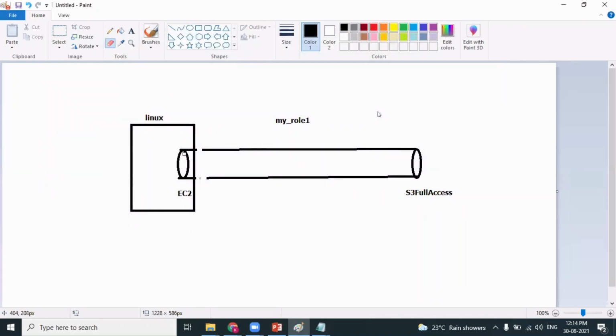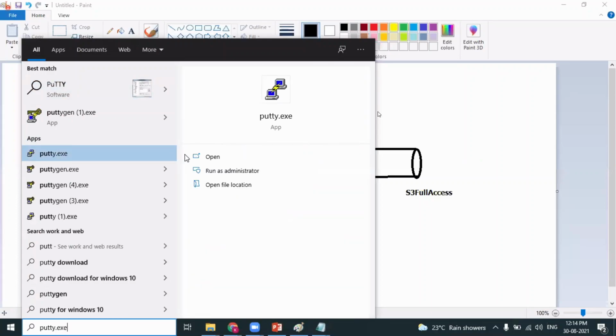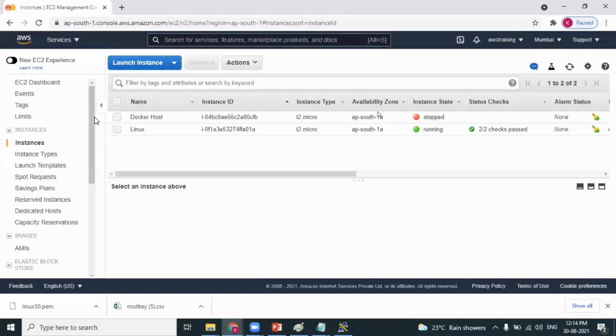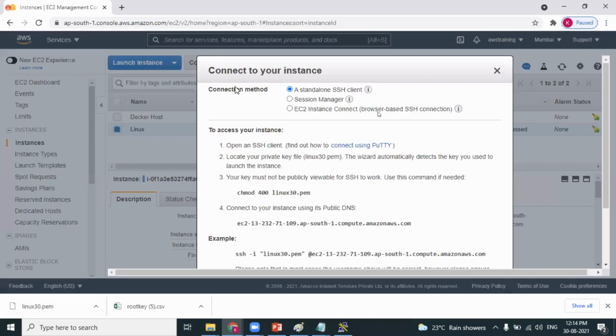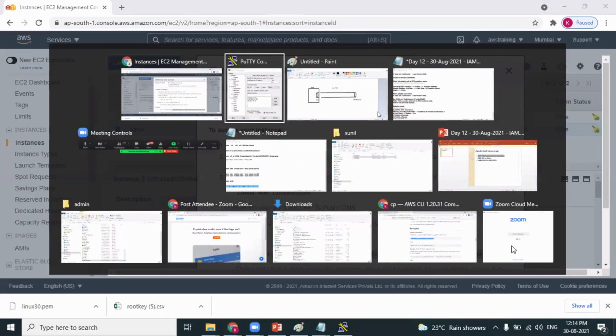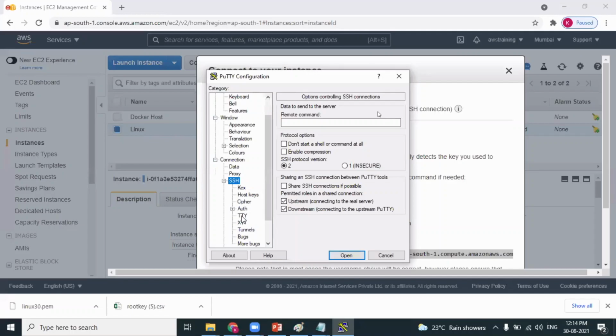And again, let's... I'm making it very clear, my dear friends, with the help of Anuj. It's not that I'm only talking to Anuj. I'm making the concepts very clear by taking the interaction with Anuj. So click on connect. I am taking the user at the rate DNS name. Now Anuj, observation, there is no role attached to this particular EC2 machine. Okay. Are you understanding? Right.